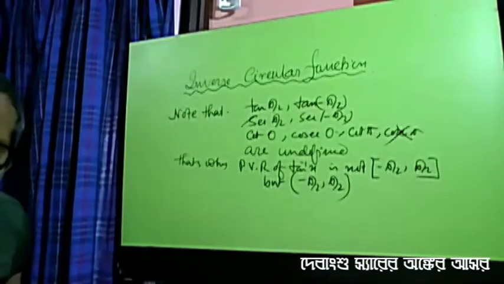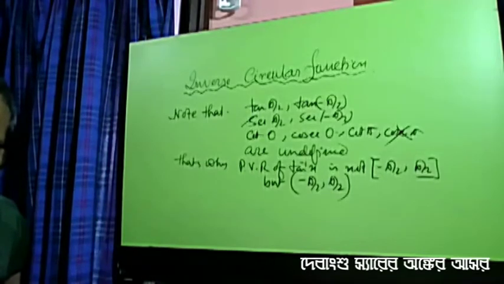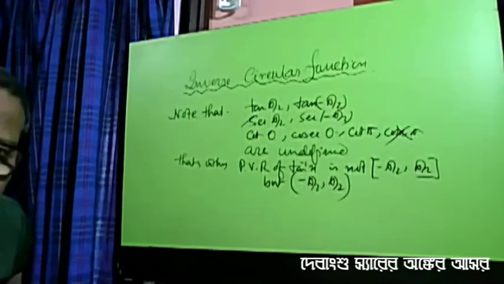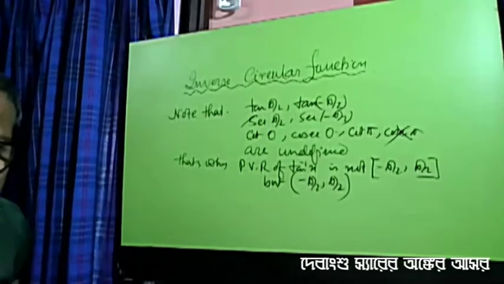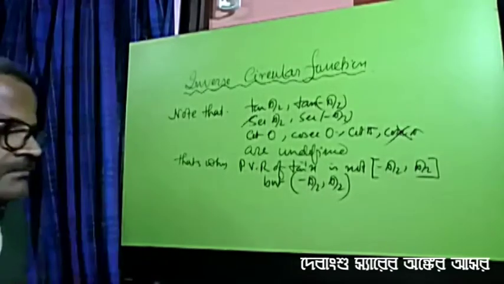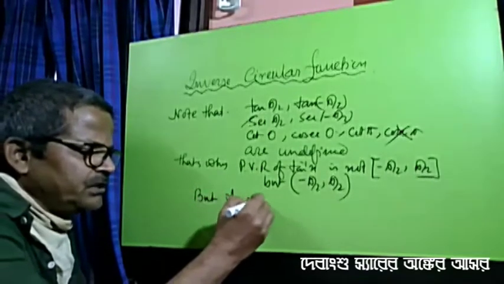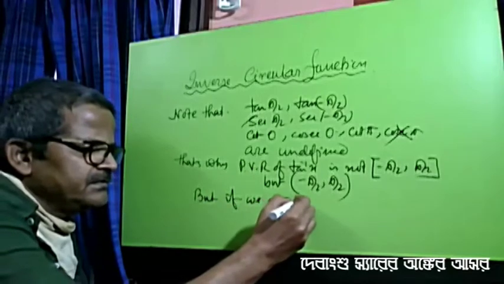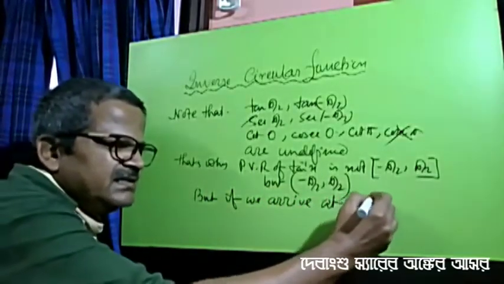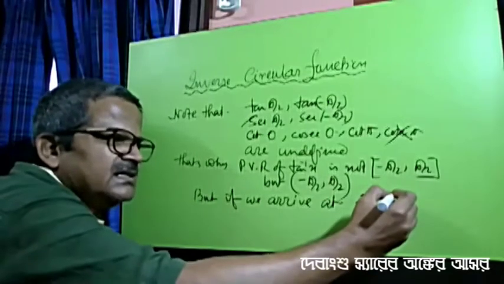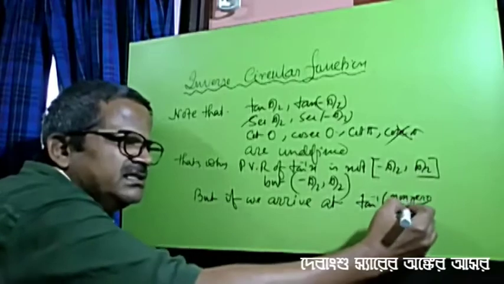What will be your answer regarding the measure of the angle? We consider the angle as either pi by 2 or minus pi by 2. But if we arrive at tan inverse of a non-zero number by 0